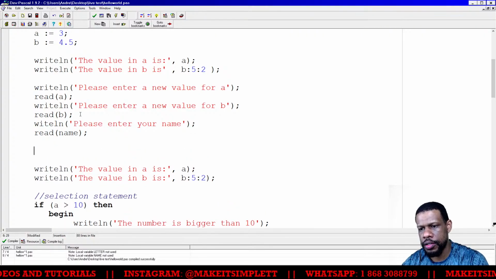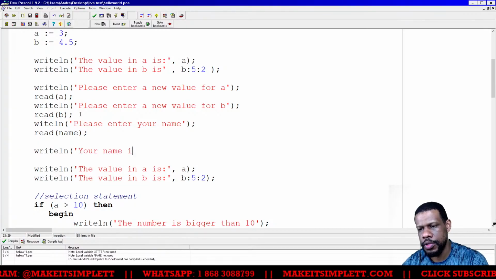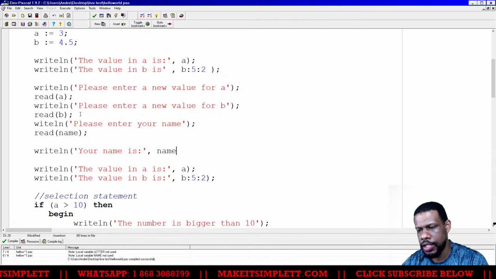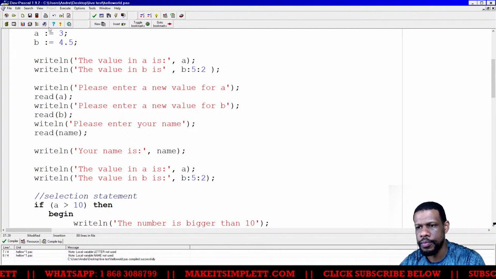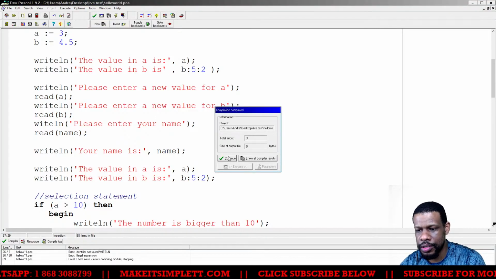And then when I print back out the name, writeline, your name is colon, single quotes, comma, name. And that's all, and it'll print back out the name. So you can read names, you can read letters, you can read whatever you want, it will still work.